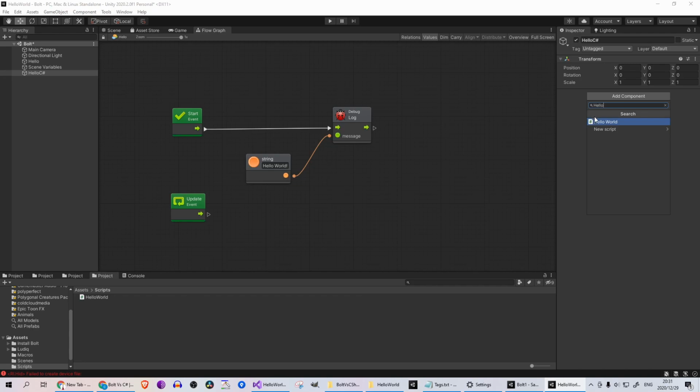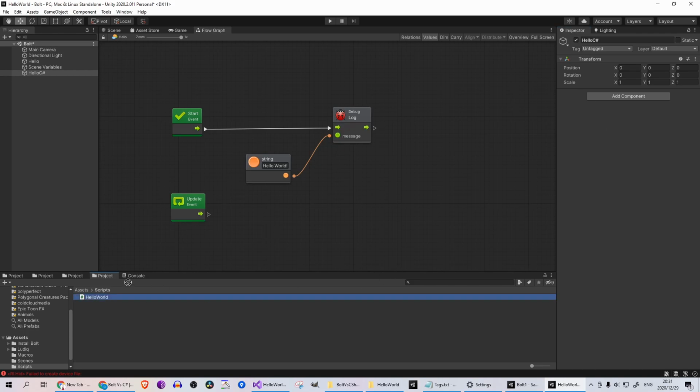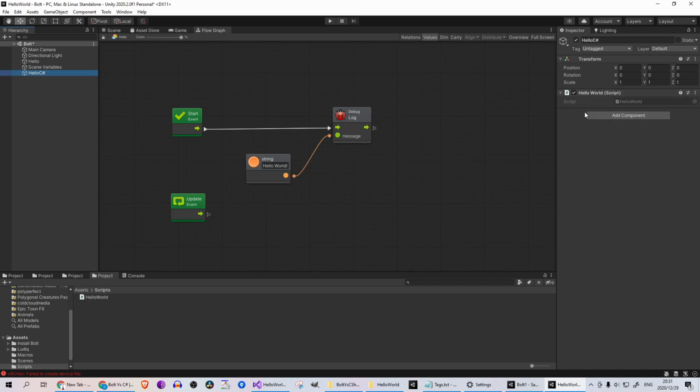You'll see this little icon with the hash sign indicates a C# script, or you can click and drag it from your Project Explorer either to the right or onto the object itself. I will show you by clicking and dragging onto this object in your hierarchy view, and you'll see it added over here. Okay, so as soon as I click play,